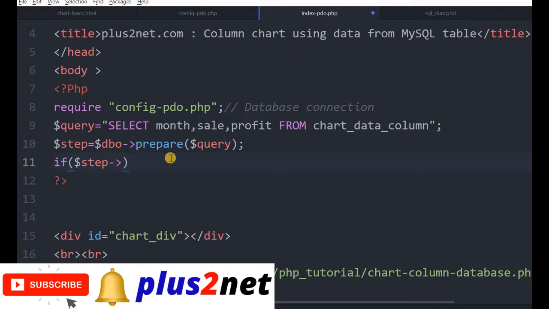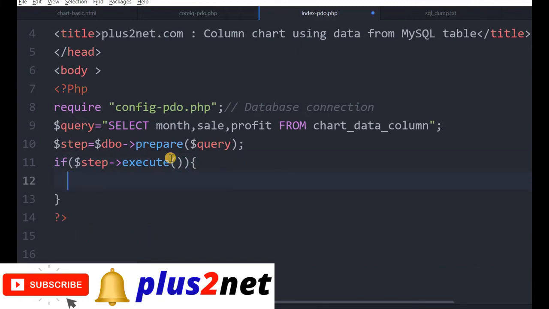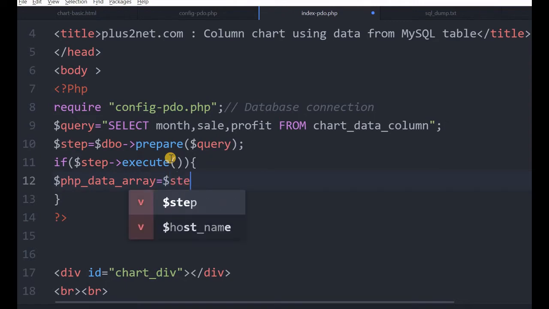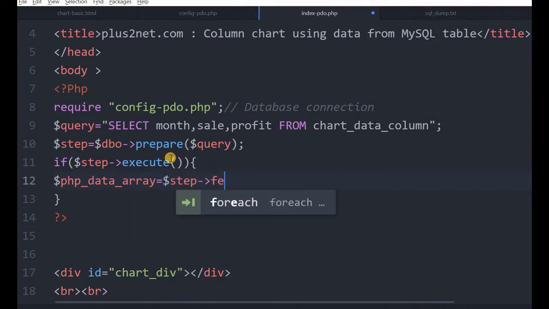If it is successfully executed, then in that case only I am creating the array now. Note that this is a PHP array, so I am giving the name accordingly. Array equal to stmt fetch all.